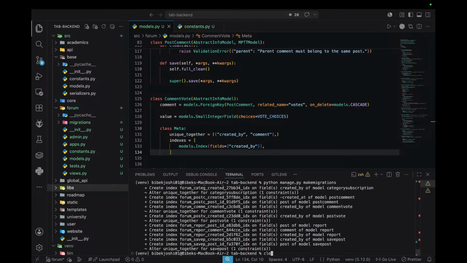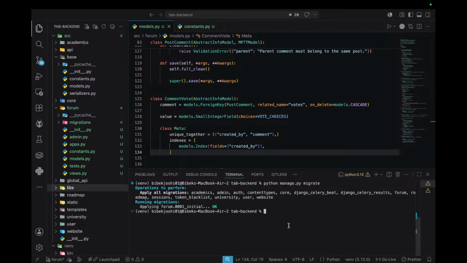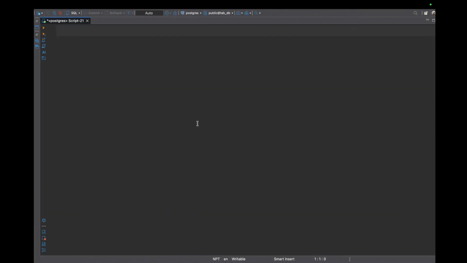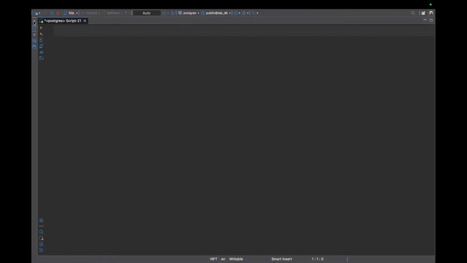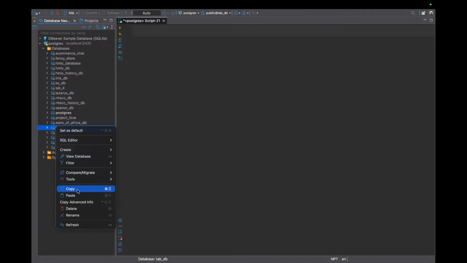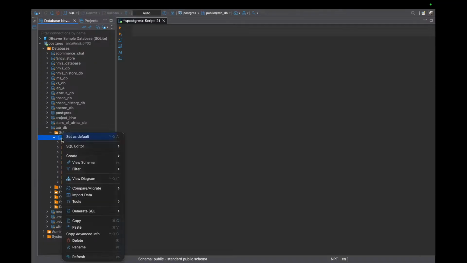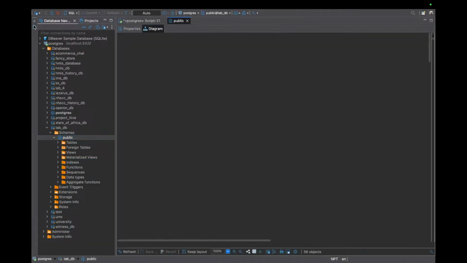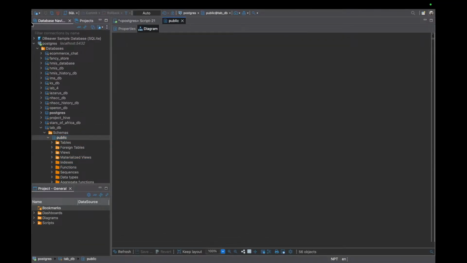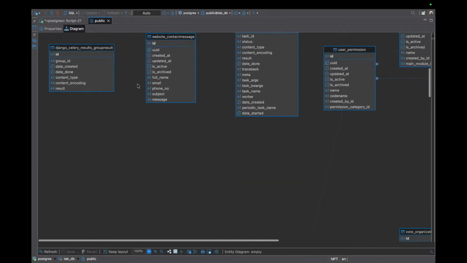Migrations are created. Let me migrate this. Migrations are applied. Let me view the schema. Okay, let's view the schema if it loads. Okay, this is the schema,